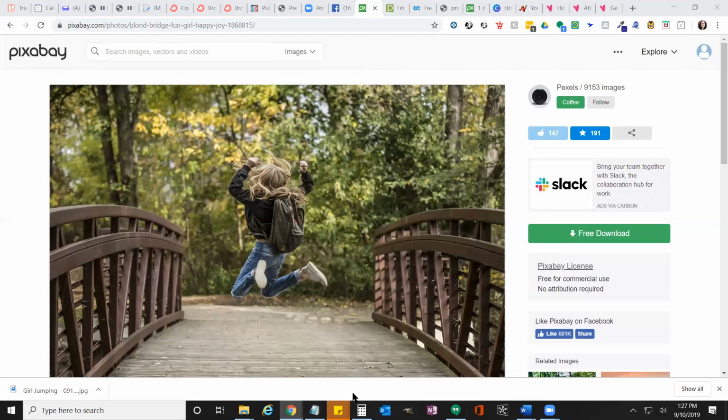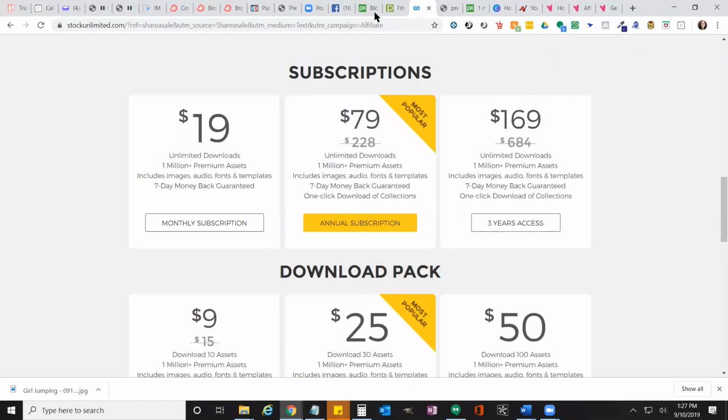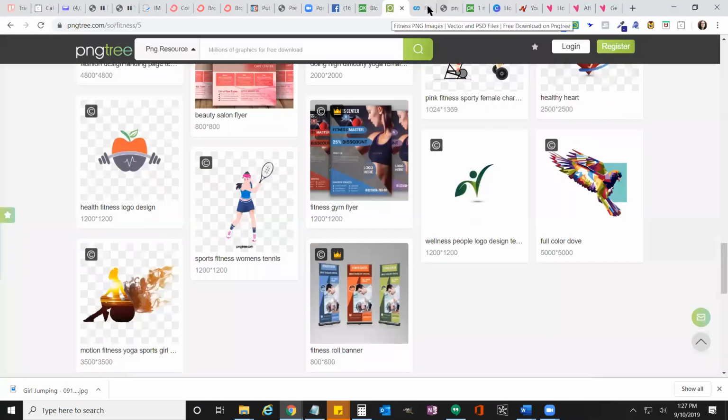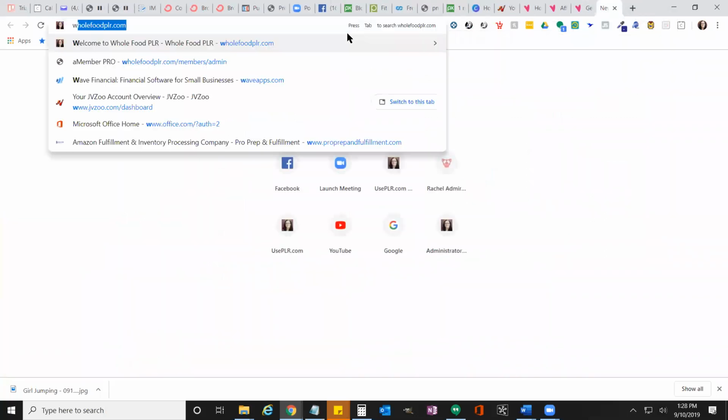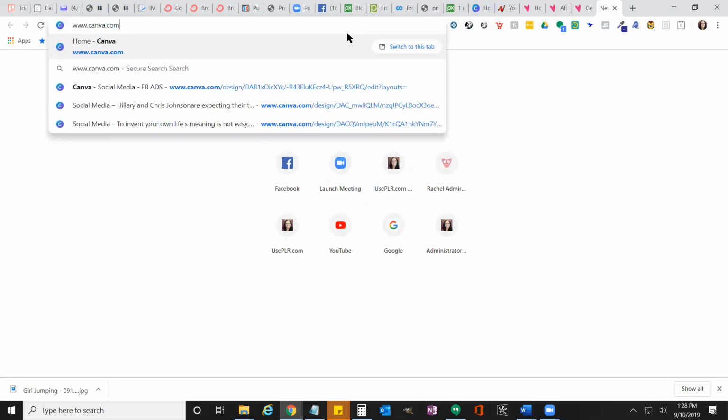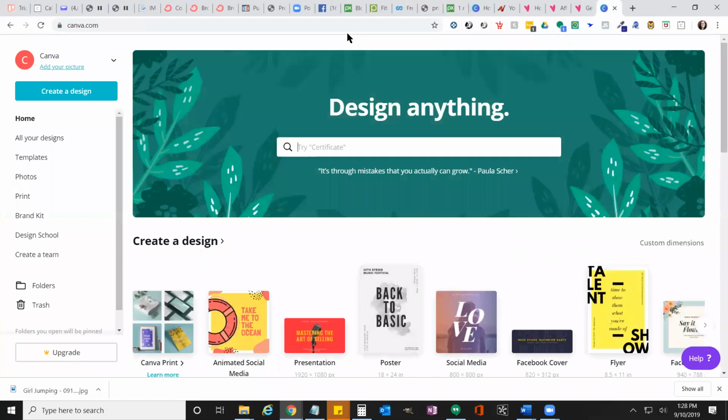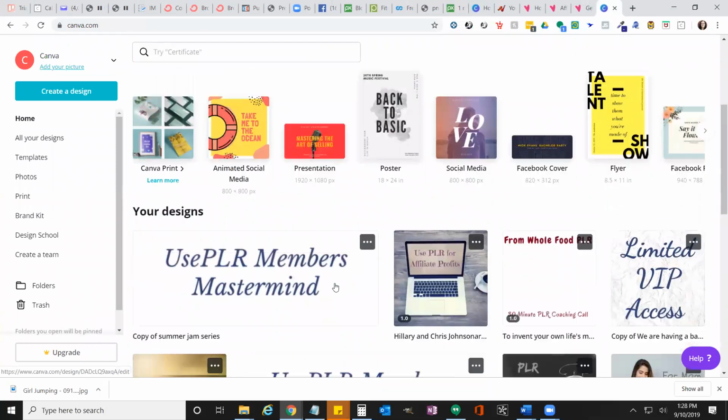All right, so once I have the image, then I will go over to Canva. Now, Canva has free and paid options. I do everything I need to do with the free option. I have no need for the paid option. I actually don't know anyone who uses the paid option. One of the great things that I love most about Canva is if you want to,